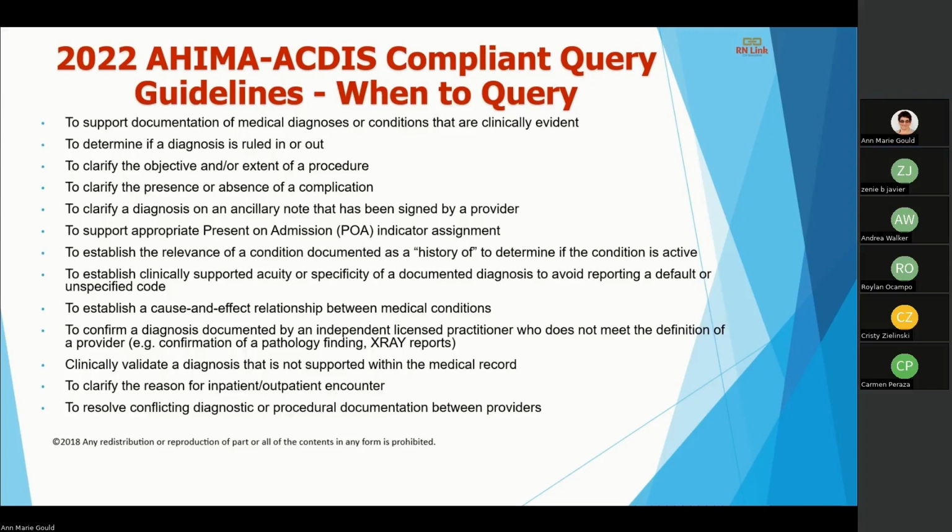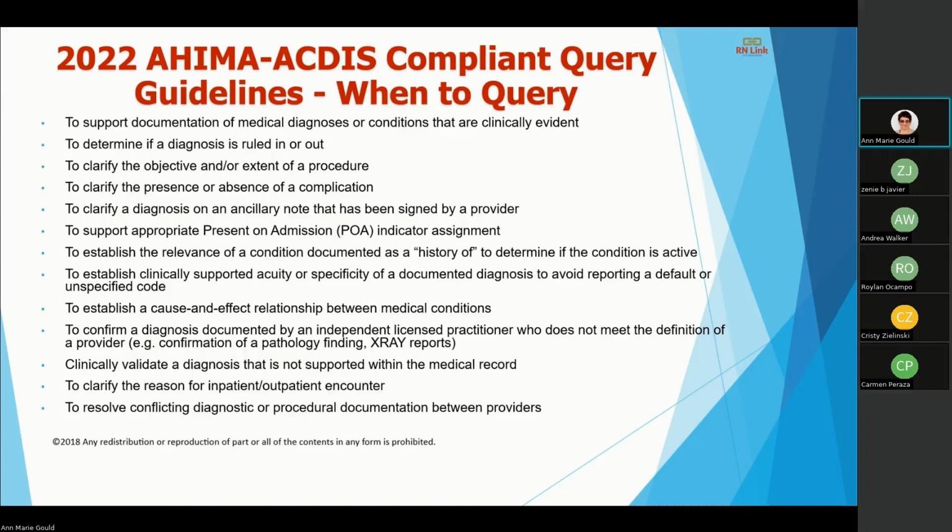We also want to send queries for present on admission status. Present on admission indicator assignment is really important when it comes to your hospital acquired conditions, your HACs. Like the biggest ones, your stage 3 and stage 4 pressure injuries are a big one that come to mind all the time, because I think it's important to let them know that's part of the hospital acquired. We didn't cause that. They came in the door with that, especially your elderly adults who are at nursing facilities. They stay there. They're permanent